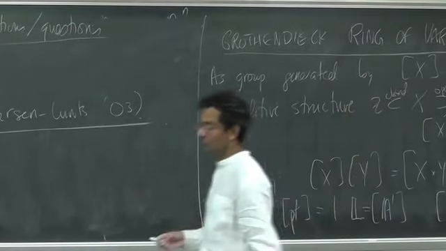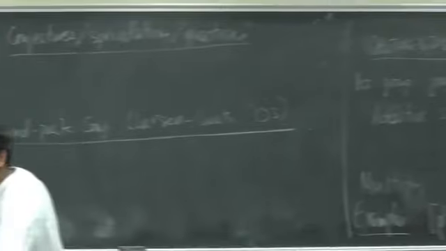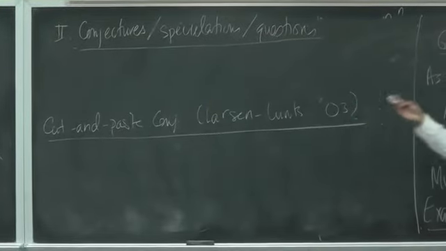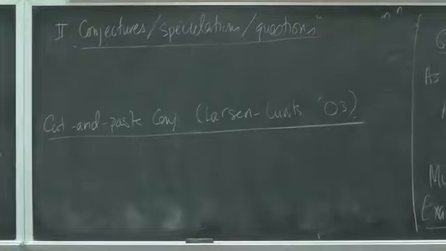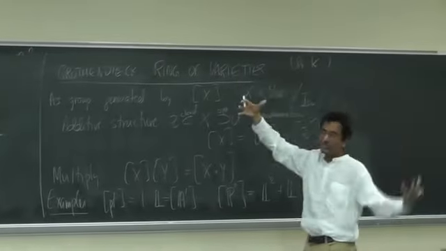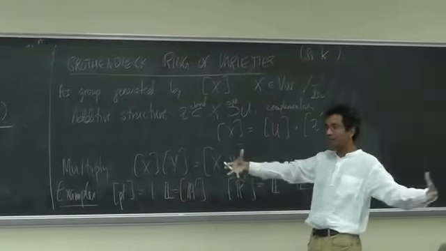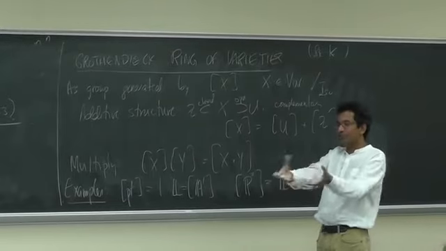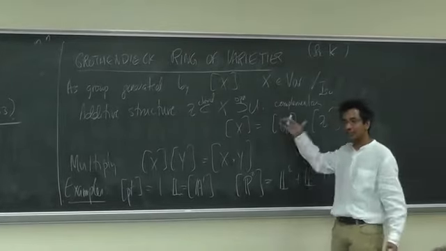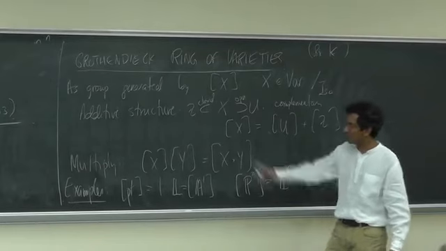And the cut and paste conjecture is the opposite. Would you say that again? Sure. So if you have two varieties, X and Y, say P1 cross P1 and a Hirzebruch surface, another Hirzebruch surface, you can cut them up into the same pieces, by which I mean this one has some pieces, this one has some pieces, and they match up. The pieces are isomorphic, and the only difference is in the gluing. Then they must be the same class in the ring. That's what's forgotten.